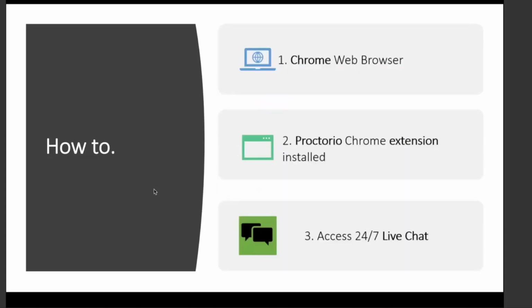So let's talk about some how-tos or some best practices. I have 9 of them, so we're going to go through these things real quick, but at the same time, each one is going to come along with a demonstration. One of the very first things that you need to know is how to always use the Chrome web browser when interacting with